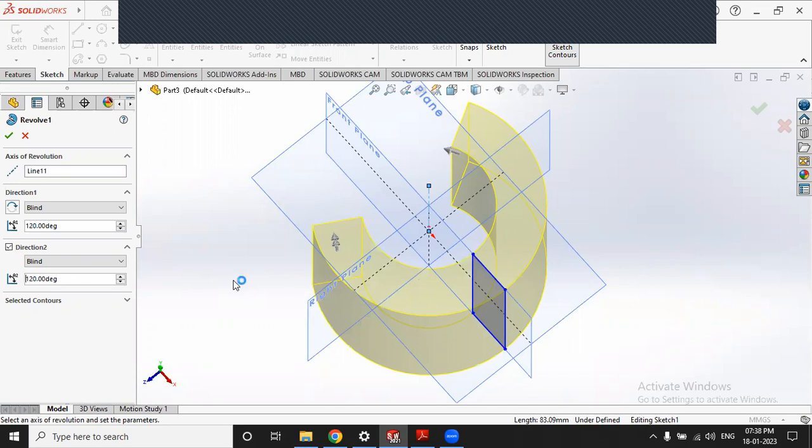I don't want to assign 120 there. I want to assign 45 in direction 2, so I will mention here 45. Okay, so what it will do is, from this sketch, this is your direction 2, in this direction 2 it will add material up to 45 degrees, and in direction 1 it will add material up to 120 degrees. In the remaining degrees he will not add any material. Okay, understood? And if I click on OK,